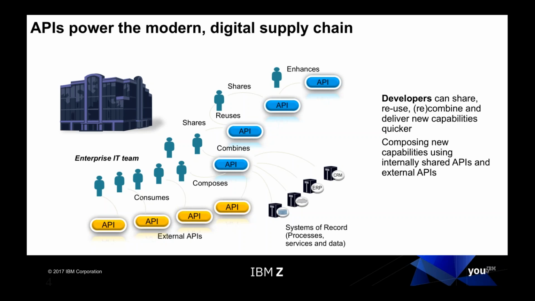This allows you to easily manage these services and provide the appropriate chargeback system within the organization, if that's how you wish to do it, as well as provide the appropriate charges to external users of your APIs. If you think about this, this could mean your IT organization is actually a new provider of real income to the organization through these provided services. But how on earth do you take this existing application and turn it into these services? How do you take the function that you have and turn it into what you need?